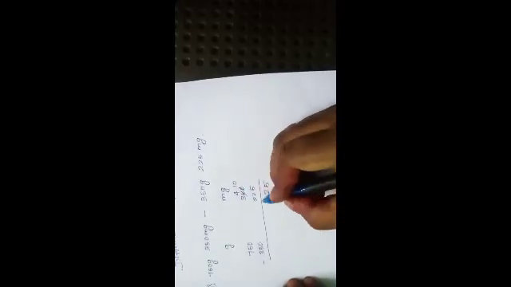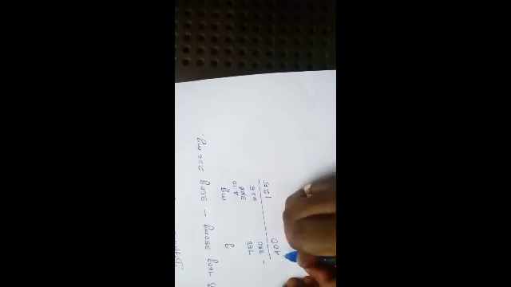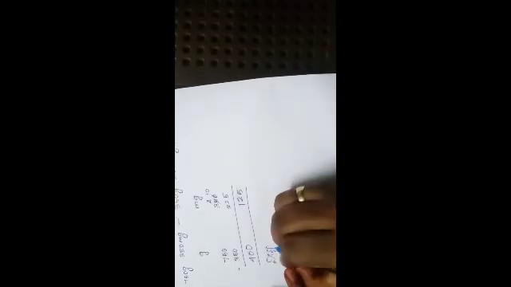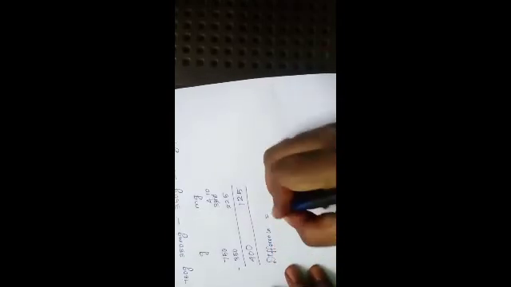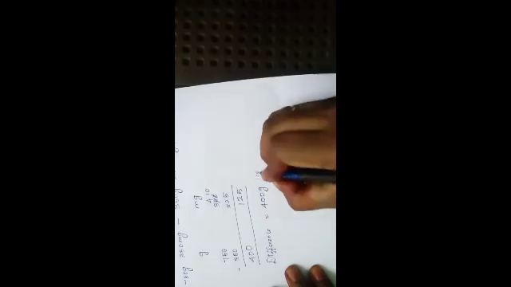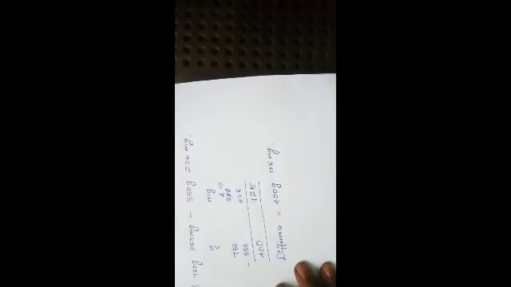Again we have 0 and 5. We can't subtract. I'm again regrouping the numbers 5 and 0. I'll get 4 and 10. So 10 minus 5 is 5. 4 minus 2 is 2. 3 minus 2 is 1. Here 0 minus 0 is 0. 5 minus 0 is 5. 7 minus 3 is 4. Therefore, the difference of those numbers is 400 gram, 125 milligram.